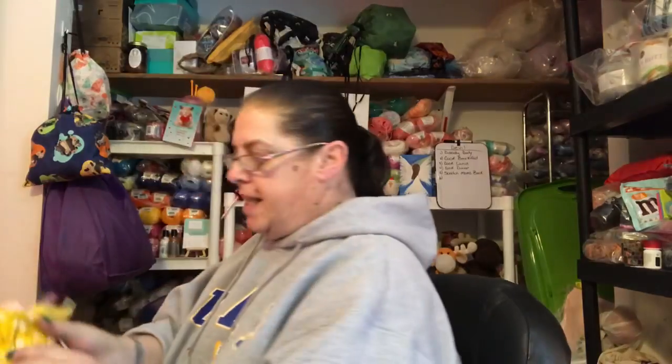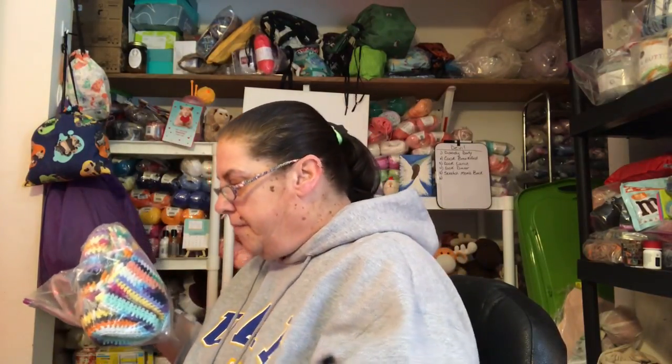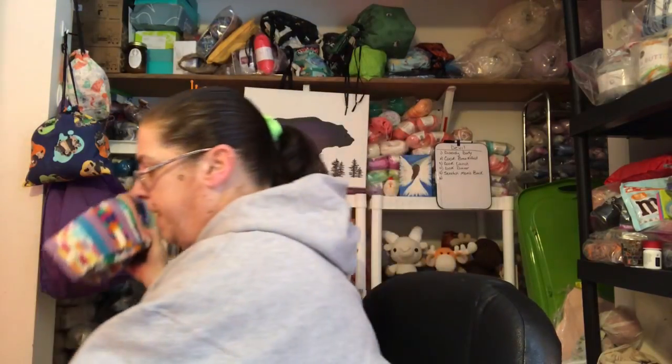Well, okay. You guys know that I've been working on this rag rug for ever and ever. And this one was just filled with huge mistakes because I started it like 3 years ago when I first started crocheting, or 4 years ago. So it's made with the 100% cotton, and I think there's a couple of premier cottons in here that are a little of the polyester. But I went ahead and finished it, and I'm going to enter it into the fair. And I think to hide some of the mistakes I've made,